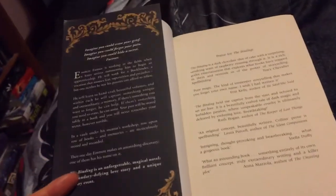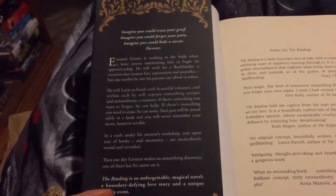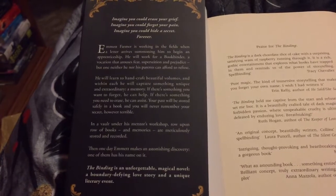Inside, it's also like a flip out area. And so this is where we've got our little subtitle bit. So it says, imagine you could erase your grief. Imagine you could forget your pain. Imagine you could hide a secret forever. Emmett Farmer is working in the fields when a letter arrives summoning him